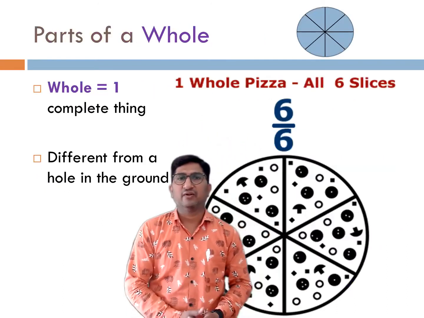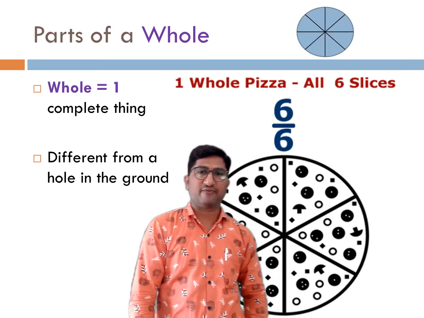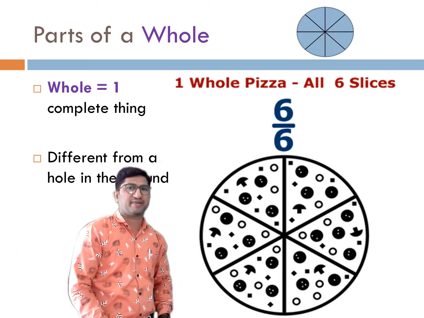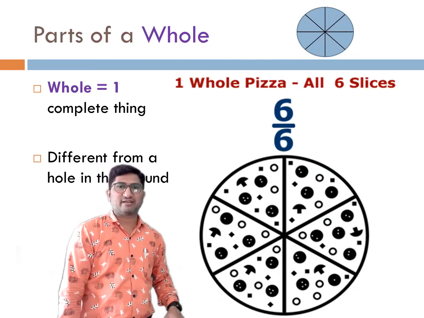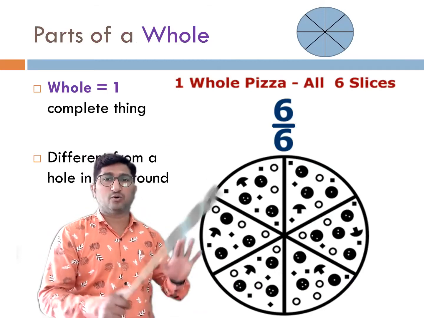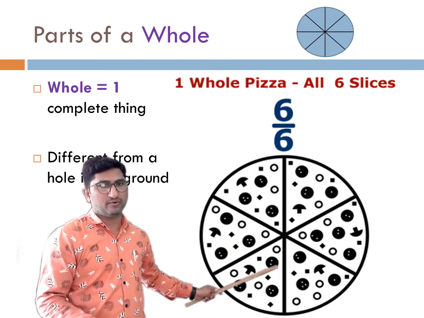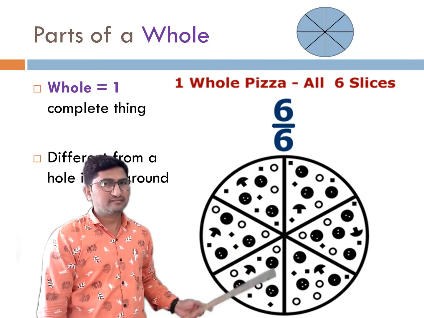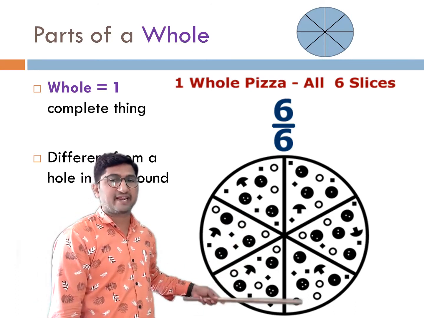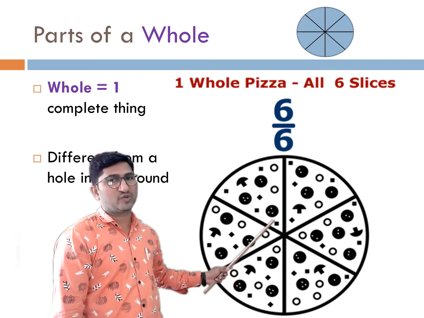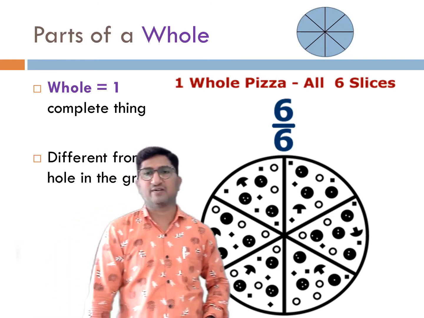Moving forward, we'll see the part of whole. As just now we have seen the figure of a circle, in the same way we can describe a pizza also. Here, parts of a whole. The fraction is nothing but a part of a whole. Whole means what? The whole thing. Here, the pizza is shown. The pizza is one whole, one pizza. And this pizza is divided into 6 equal parts. Again and again I am telling equal parts. The parts should be equal. So here one whole pizza is divided into 6 equal parts.